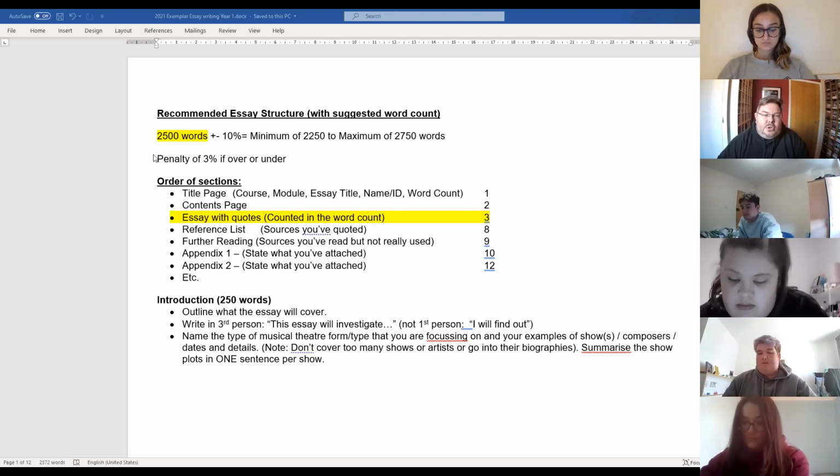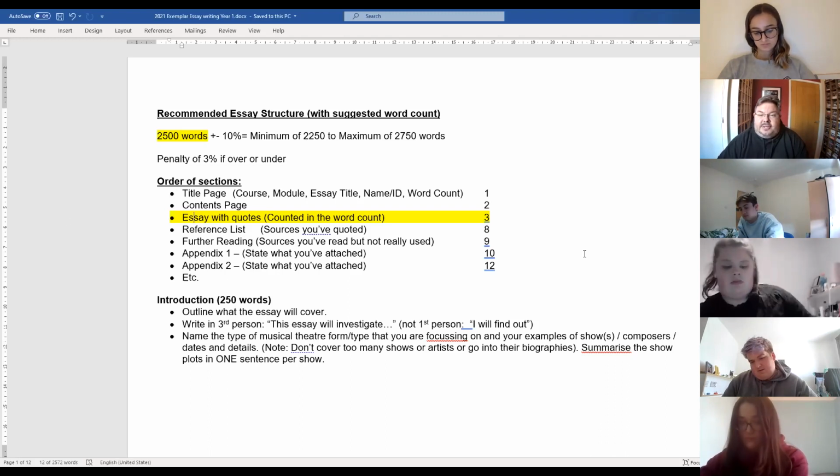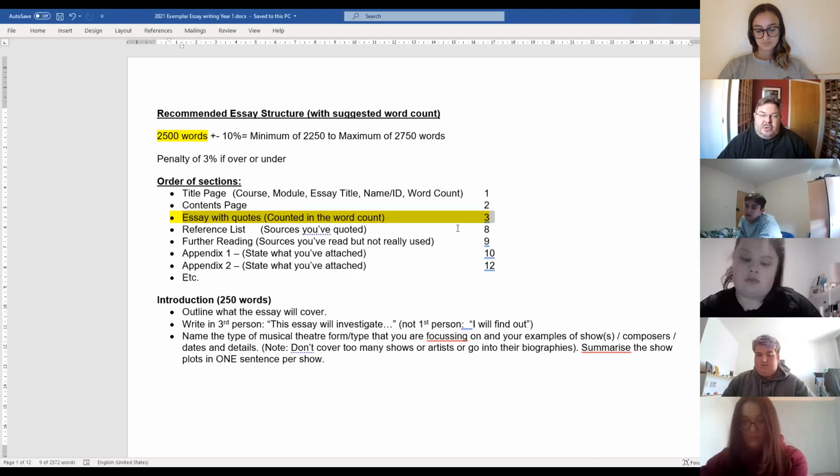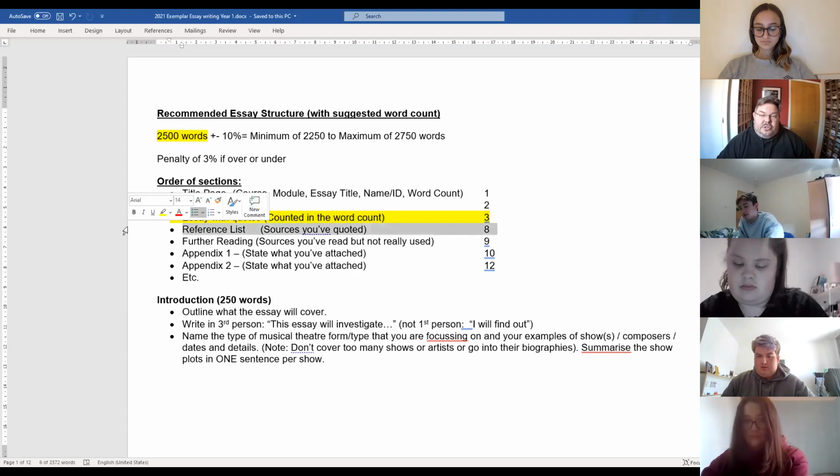The only bit that you count for your word count is the middle section, the actual essay itself, and any quotes you put in speech marks, any headings, and anything like that, and all the references, they are in the word count. But you don't have to count the title page, you don't count the contents page, you don't count all the website references and book references in the back in the list that we tried to do the other week, and I'll recap that next time.